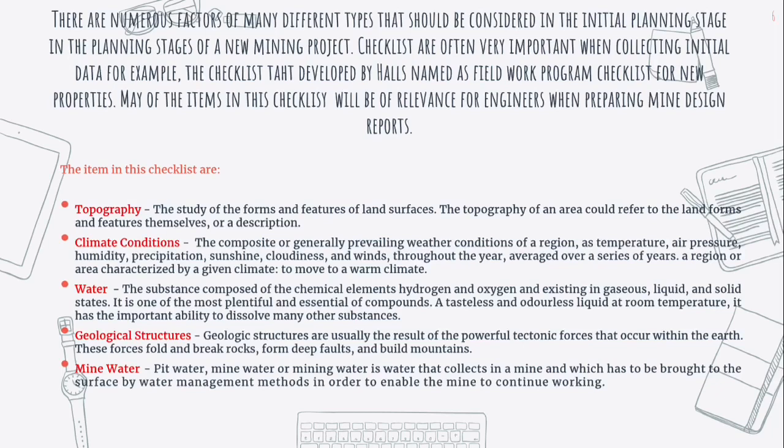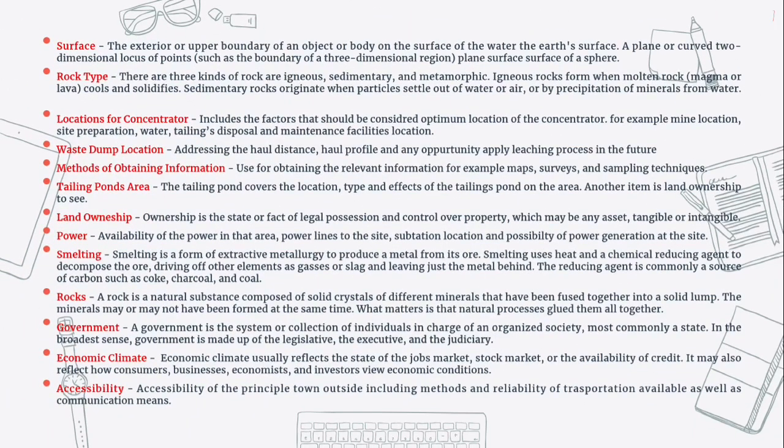Mine water, pit water. Mine water is water that collects in a mine and which has to be brought to the surface by water management methods in order to enable the mine to continue working. Surface. Surface is the exterior or upper boundary of an object or body. Rock type. There are three kinds of rock: the igneous rock,